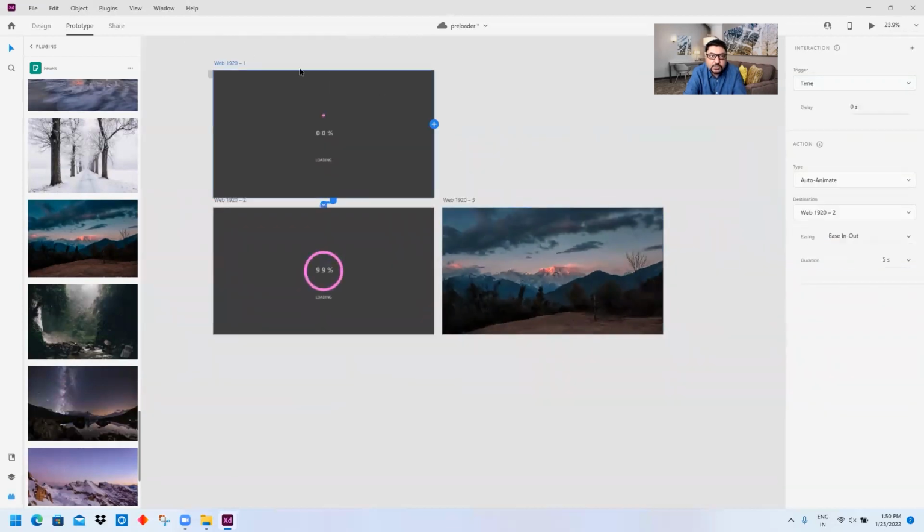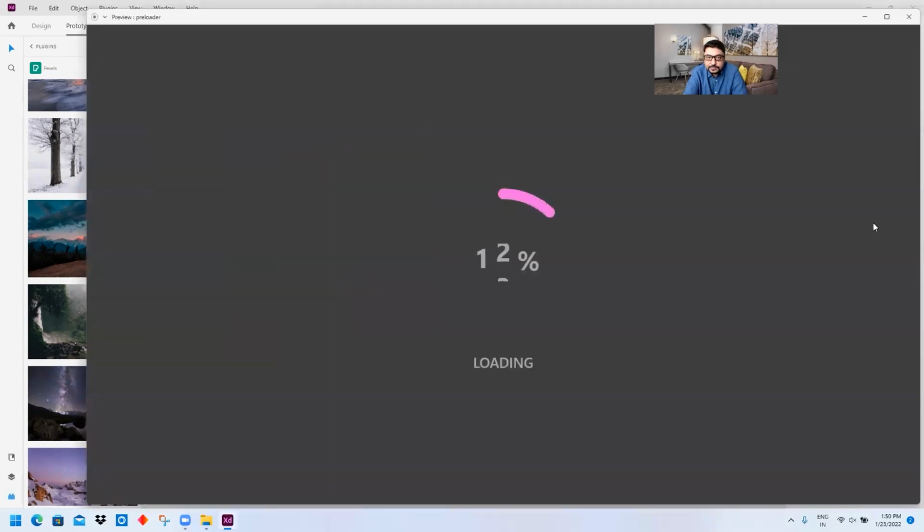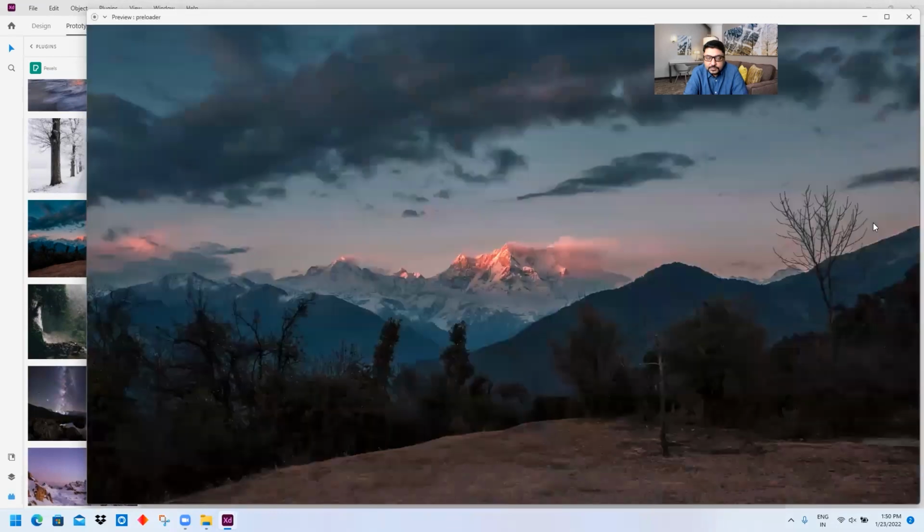We'll go to the first artboard of mine, and I press the play button. Lovely. This is exactly what we wanted to mimic, that as soon as it went to 100, which you obviously cannot see because it's so precise, this is just a big hoax.